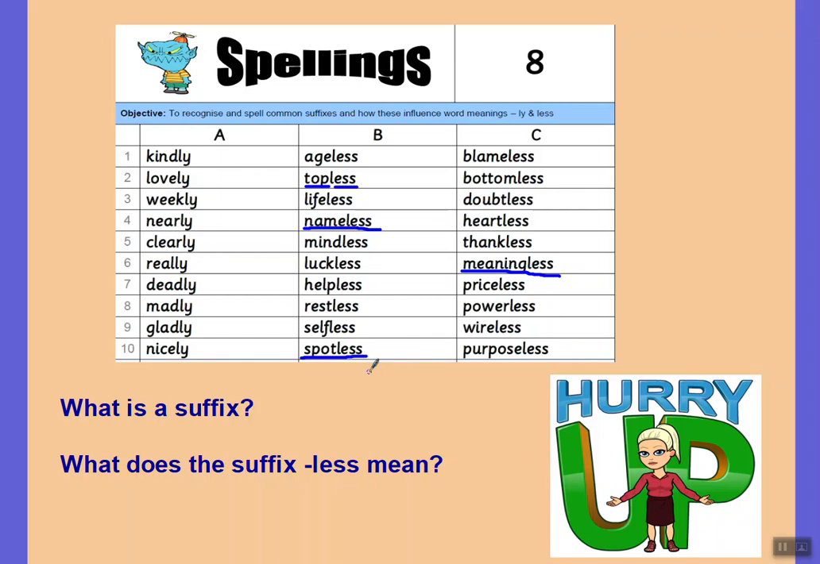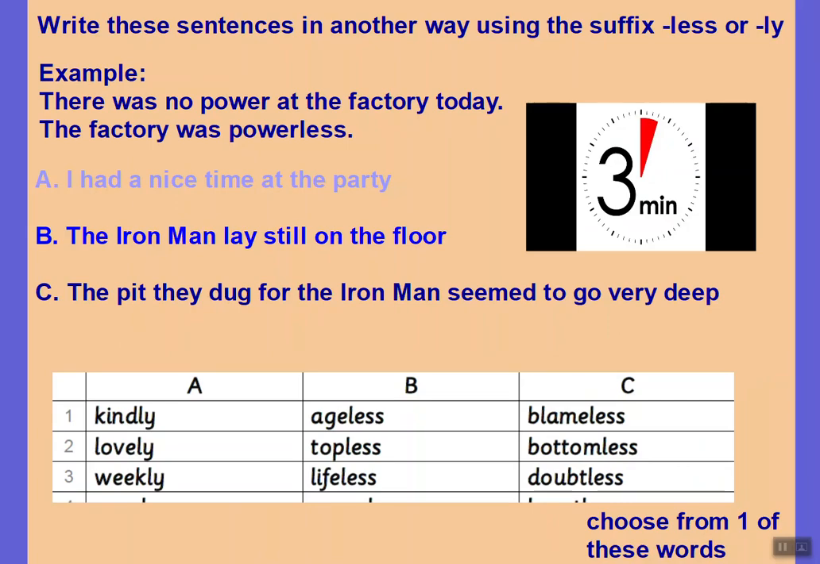Okay, so the suffix less means without. It's a good way to make a sentence more interesting. Okay, so what we're going to do, I'm going to let you have a go at applying what we've learned today. I want you to write a sentence in another way. So you're going to keep the meaning of the sentence, but change the words. And you're going to use the suffix less or ly on the end. Okay, and I've done an example here. So this is the original